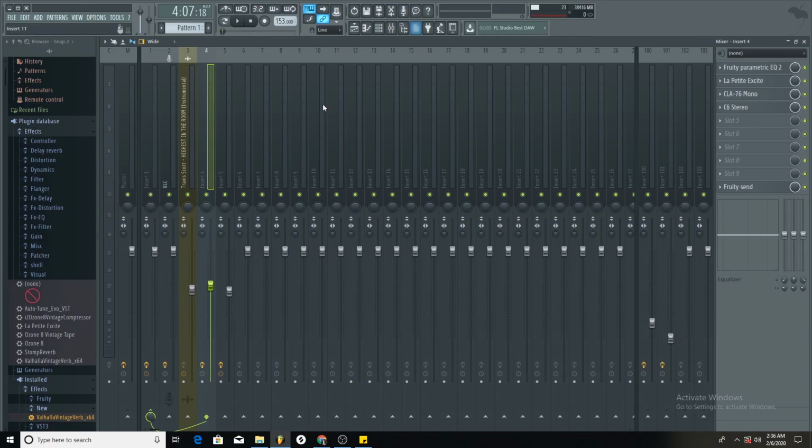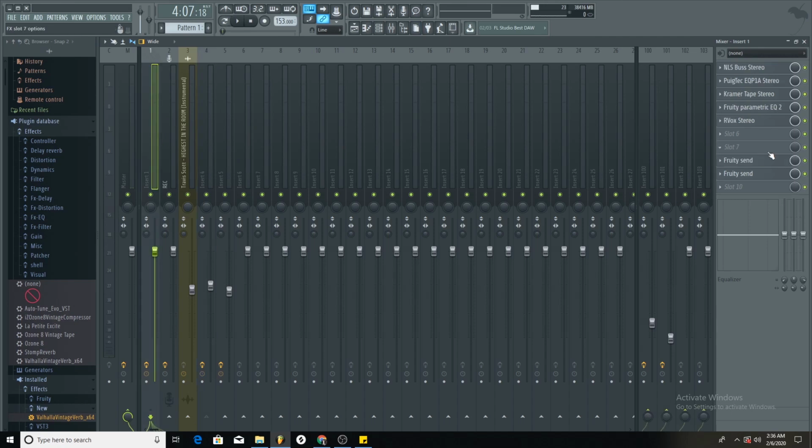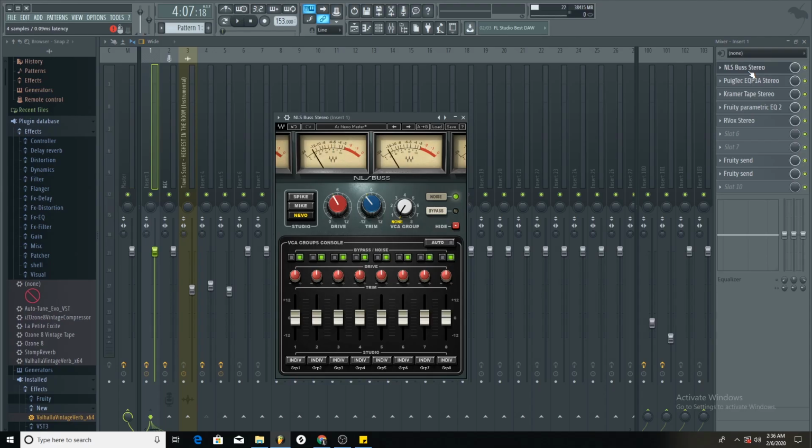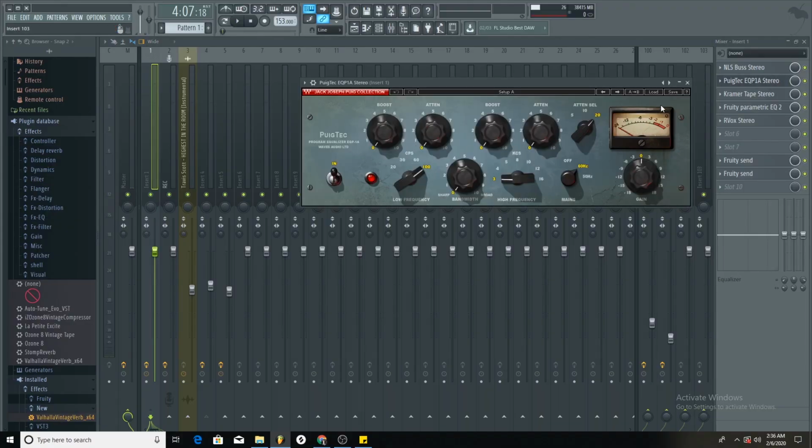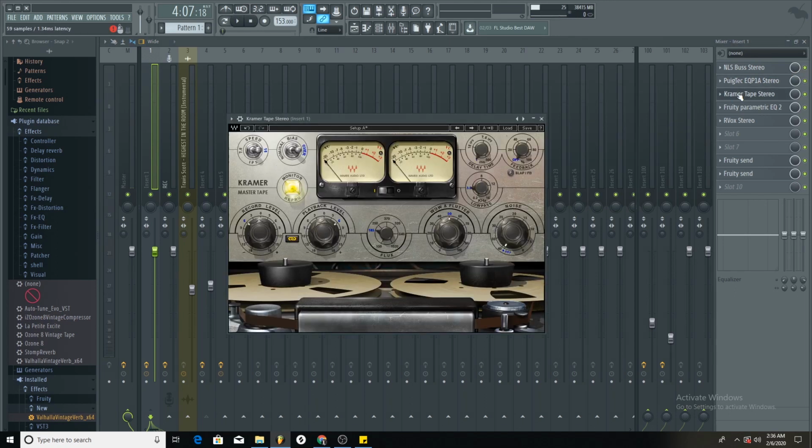Next, I routed the main vocal on a send so I could add more effects. And these are saturation plugins. This is the NLS bus right here. The plugin right here is an analog plugin. It adds characteristics and tonalities to your vocals. That's Sauce right there. Puig Tech. Have nothing on it. Just the actual plugin. Sauce right there. Flavor. Kramer's. Sauce right there adds that girth, that warmth, that, you know, when your grandmother's hugging you, that's the kind of warmth that this plugin adds to your vocals.